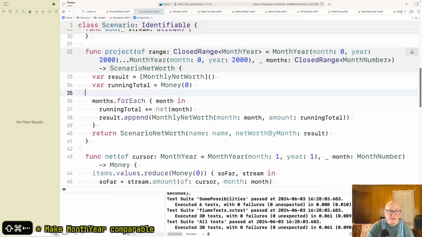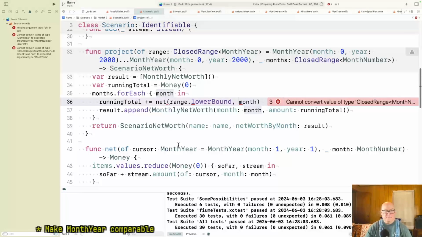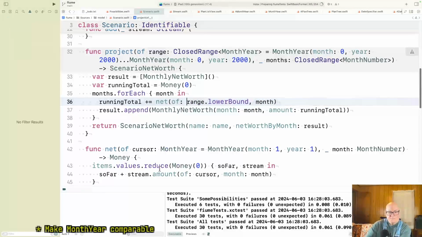Range to lower bound. Okay. Now that should build. All right.